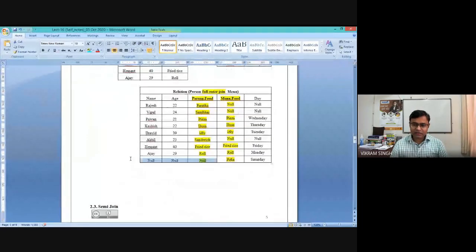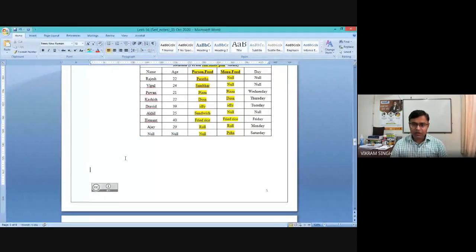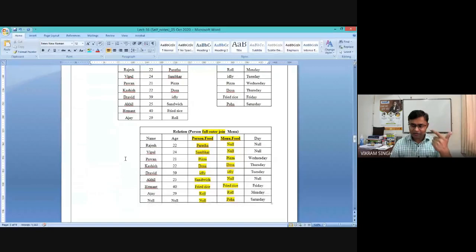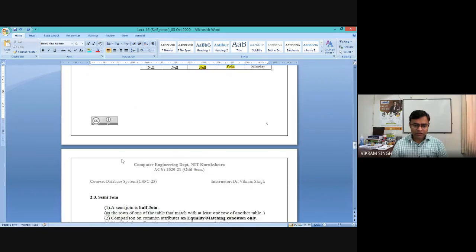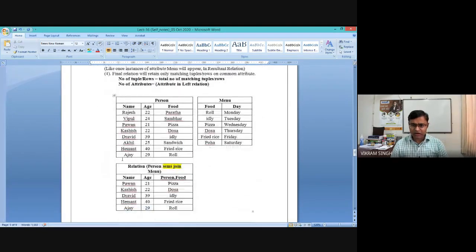So this is something which we have done with now. We have discussed inner join, and with the inner join we have discussed natural, equi, and theta. In the outer join, which is to retain the tuples of a certain participant relation, we have discussed left, right, and full outer join. Now semi-join is something not important to you.